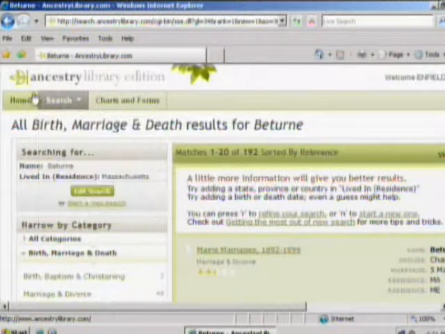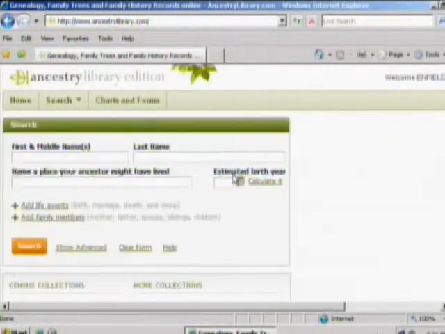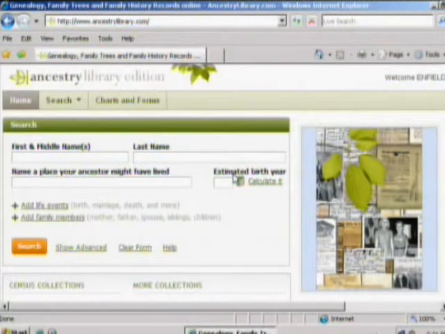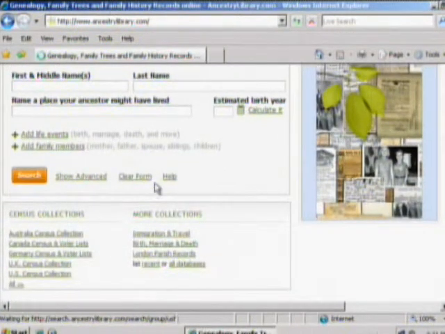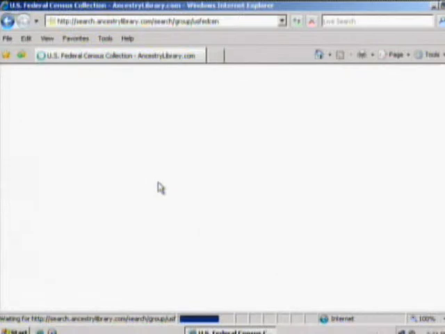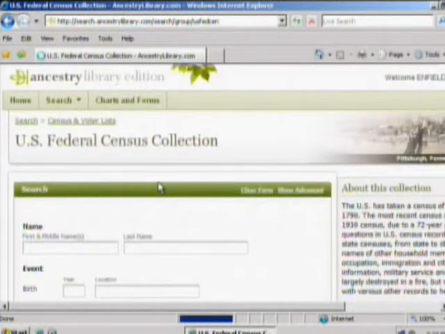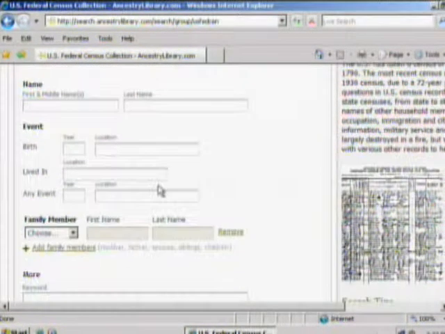There's over 7,000 databases to look at within this resource. But I think the primary resource for a lot of folks, and the primary reason they use this, is for the census collections, and not just U.S. Census collections, but a lot of the international census information that's available as well. So again, that's certainly one of the strengths.